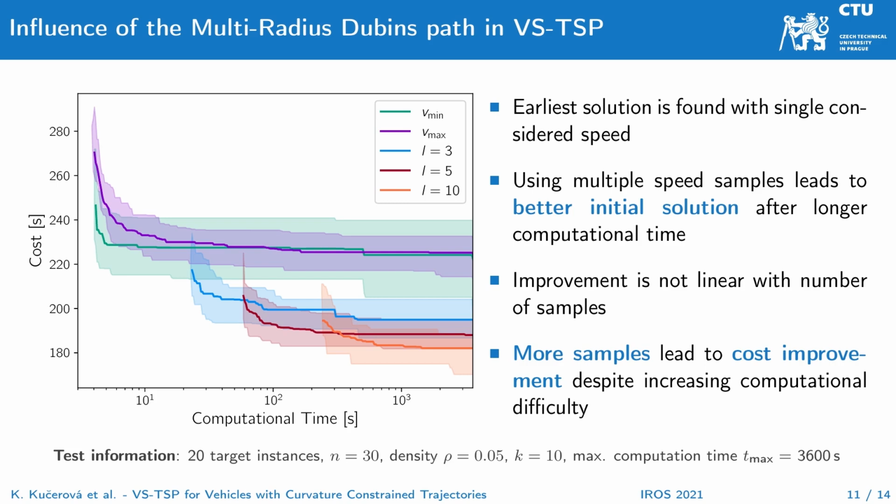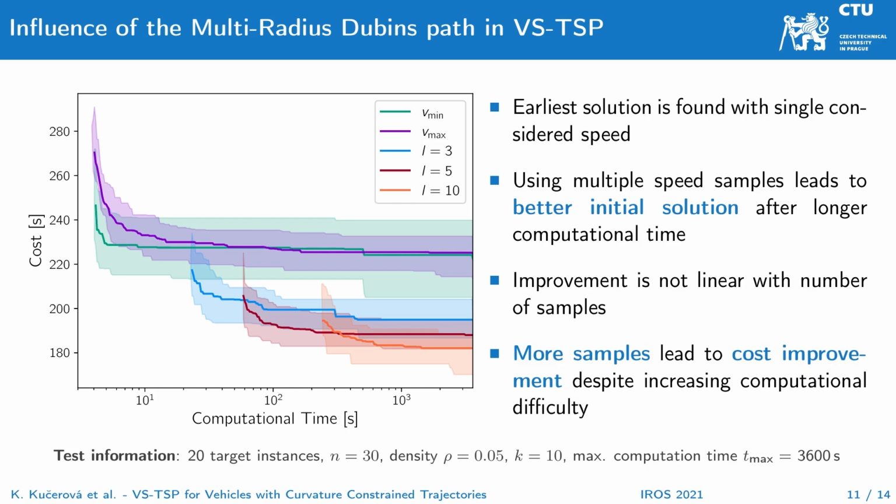This test is done with a different number of speed samples, specifically minimum and maximum vehicle speed, and then 3, 5, and 10 speed samples selected exponentially in the range between minimum and maximum speed. The earliest solution is found when using only one speed. The more speed samples are used, the longer it takes to find the initial solution. The initial solution, when using a larger number of speed samples, is however better in comparison to using only one